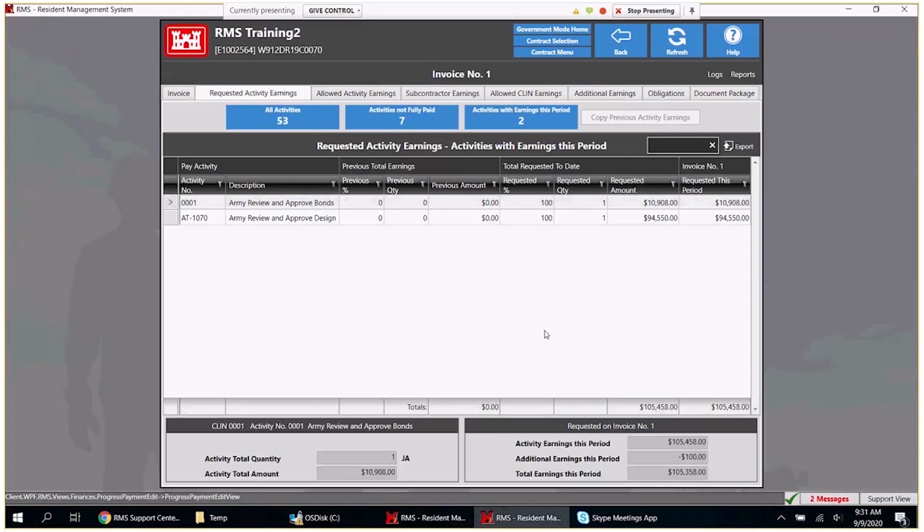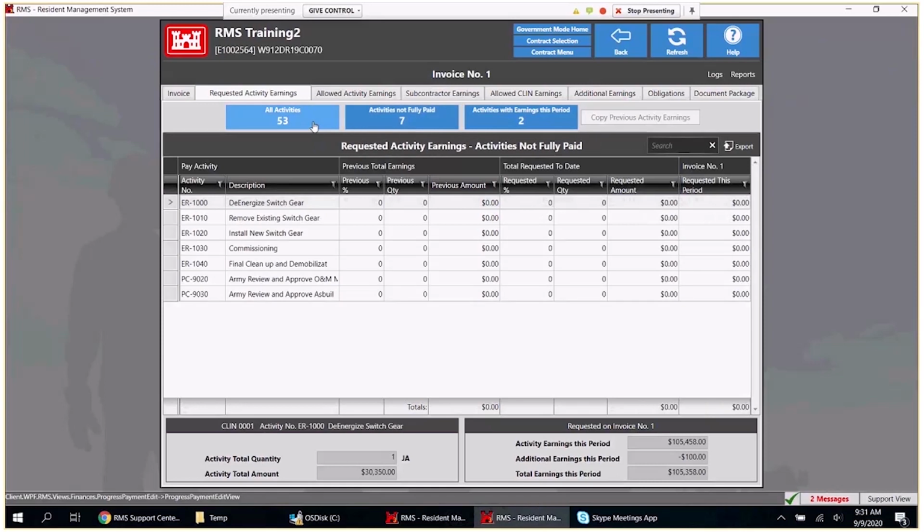Okay, so you've got the boxes at the top. What's going to populate by default is any activities that the contractor is requesting payment for on that pay request, and that's the activities with earnings this period. If you want to see all of the available activities that have not been fully paid, you can click on that box, and that's going to show you all of the activities that they can